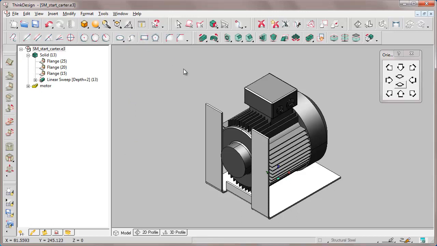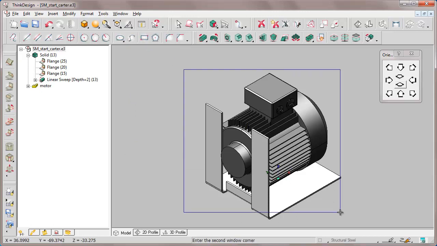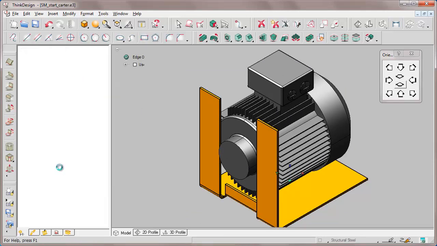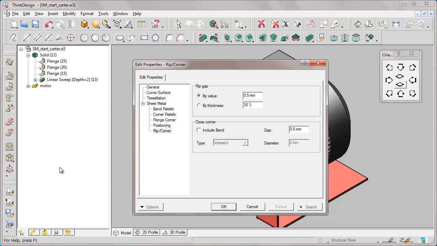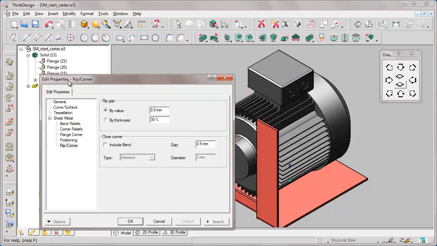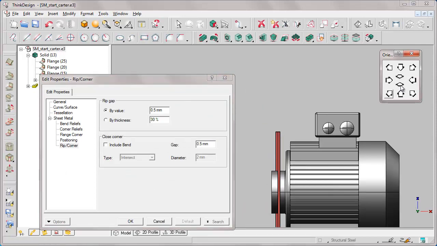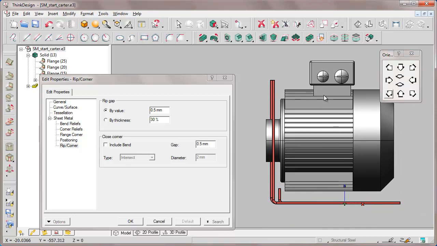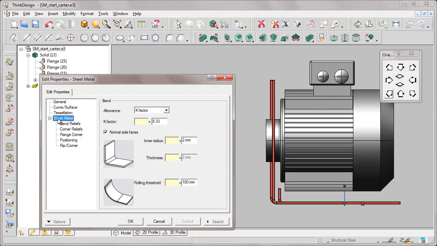So far we have dealt with global properties, the ones coming into an operation when we activate the feature, while local properties are those related to the feature we are going to apply. Moreover, we have the solid properties that in here reflect the global properties. We can change these values anytime. From the properties of the solid entity in sheet metal, we set 0.8 instead of 0.33 for the K factor, 1 mm for the inner bend radius, and uncheck normal side faces.